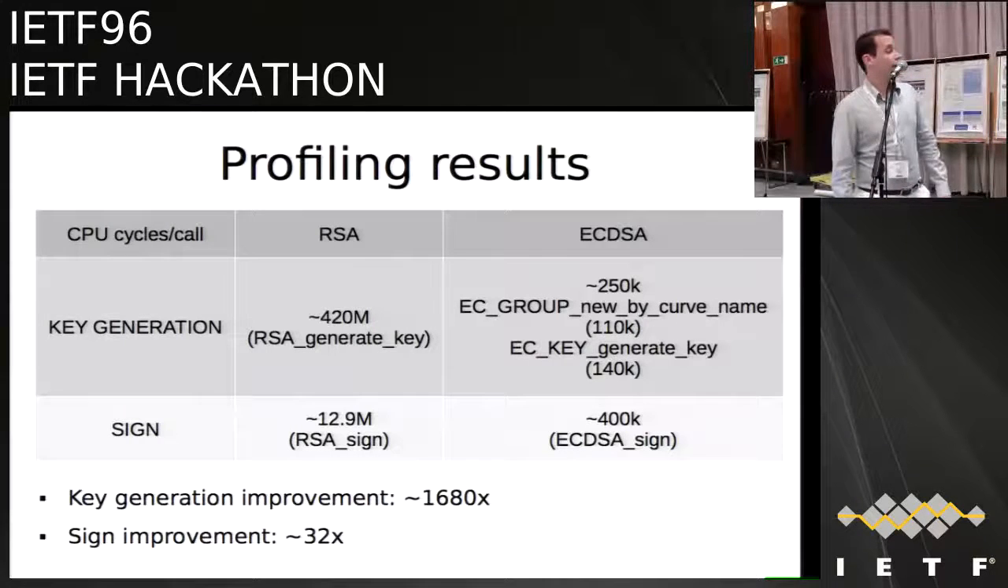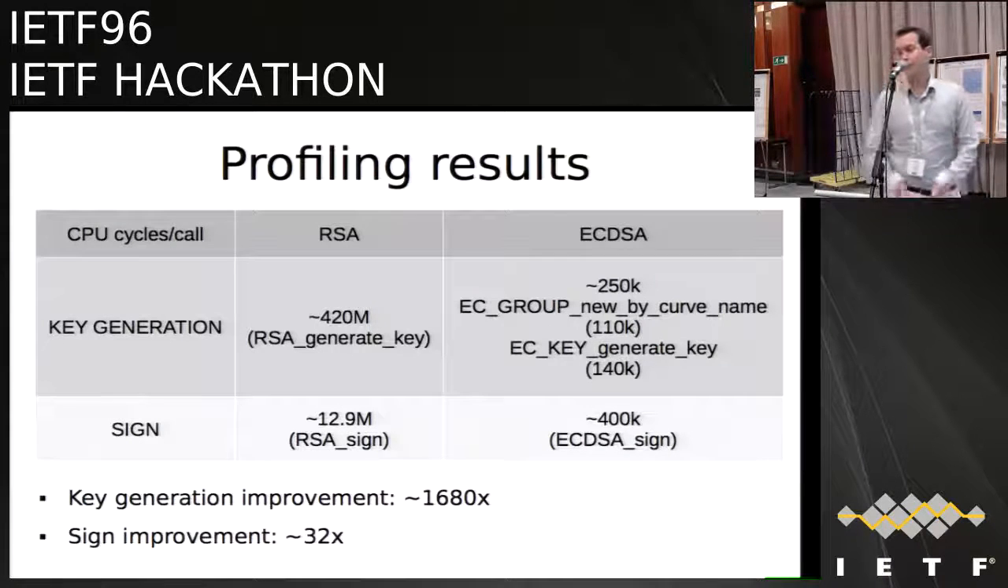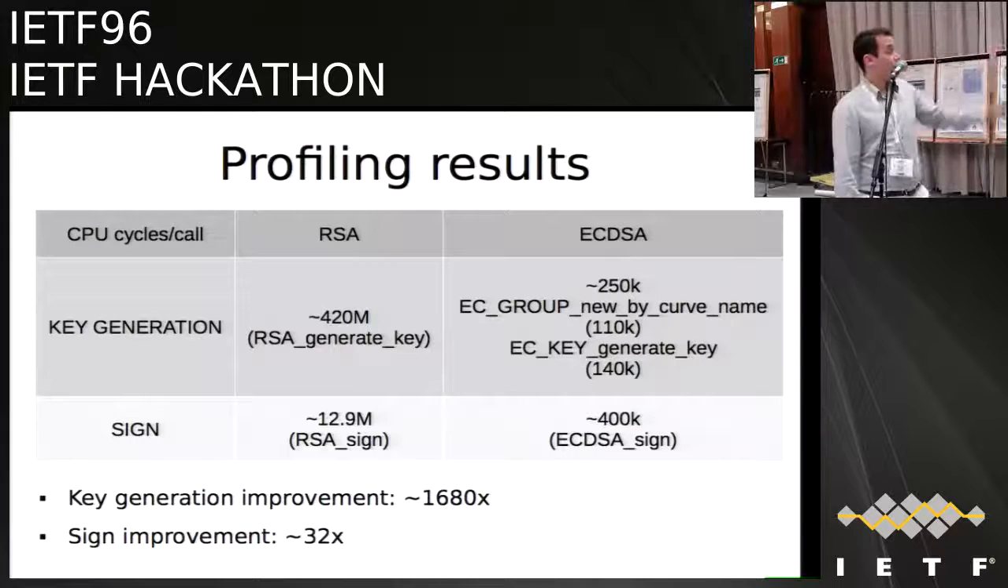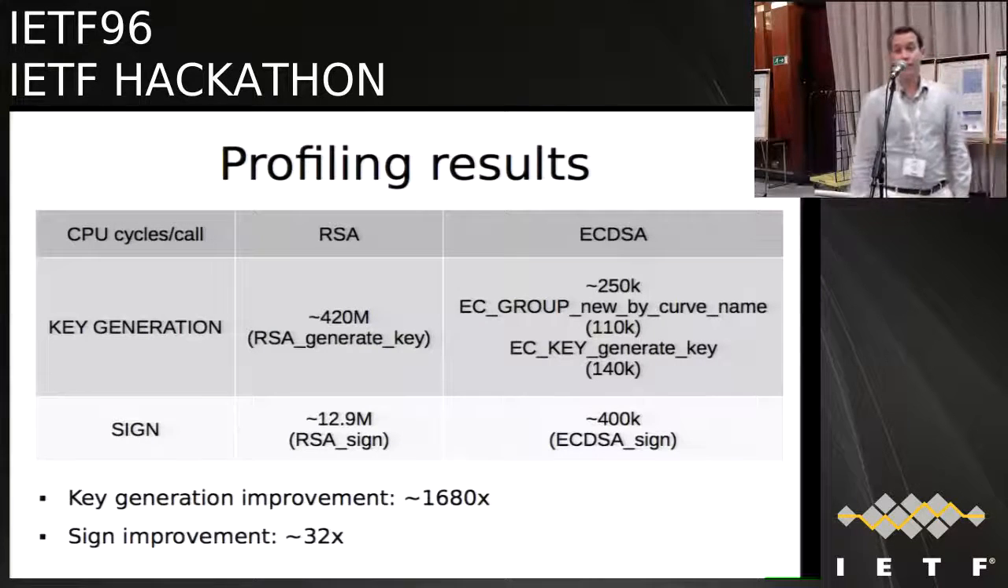For example, for the key generation, we can see that for RSA we need 420 million CPU cycles. But for ECDSA, we only need 200,500 cycles. So the improvement here is about 1,600 times. On the other hand, we have the improvement in the sign phase, where we can see that